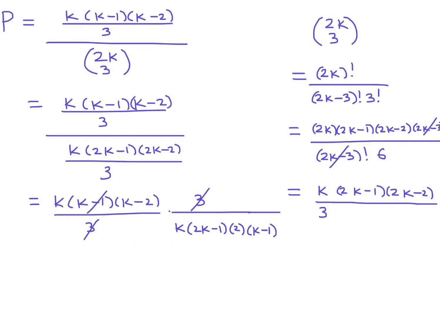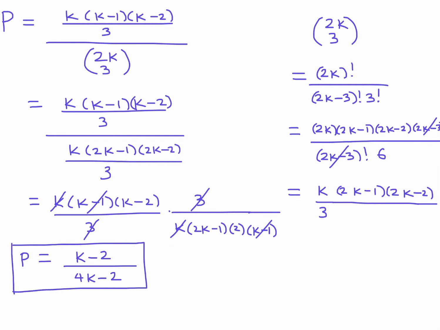The 3's go, the k minus 1's go, and the k's go also. So the only thing that's left is k minus 2, and on the bottom, I guess we can just multiply it out again, 4k minus 2. And there you go. That is the probability